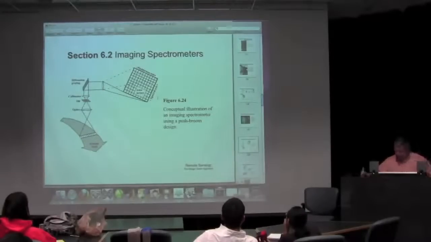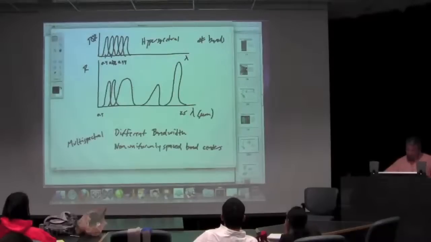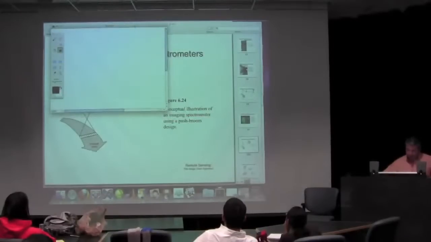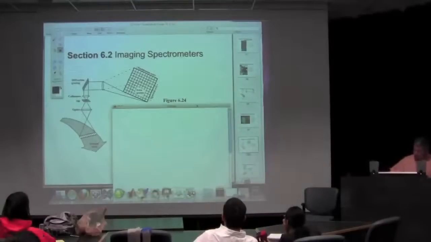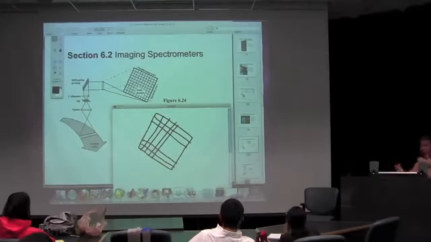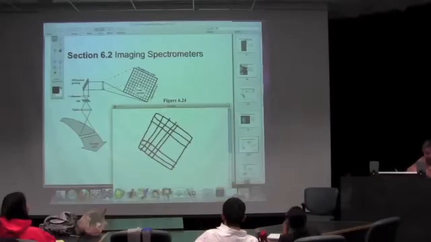So that I, I wish I could draw this. Let me go off here for a second. All right, so if we had our linear array over here, just draw a couple of the lines here. All right, so if I form the image of the slit through this second optic,